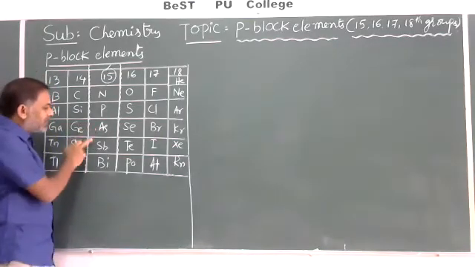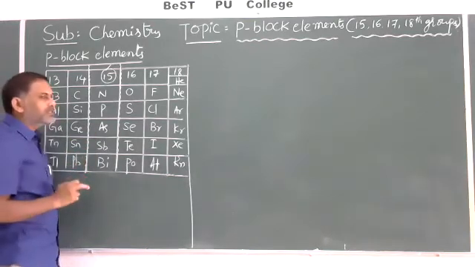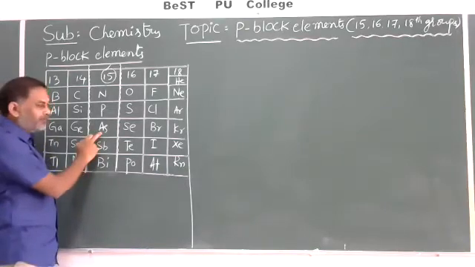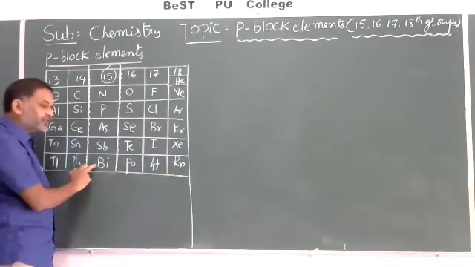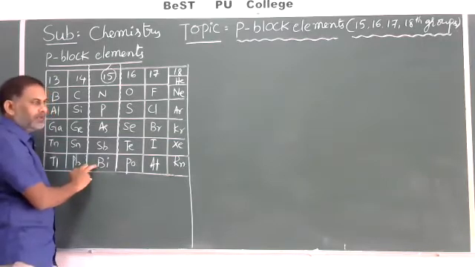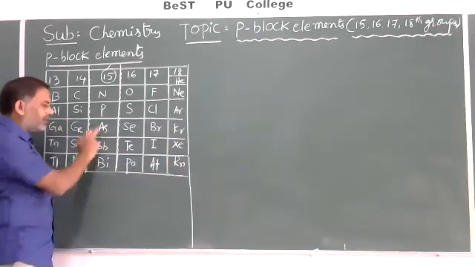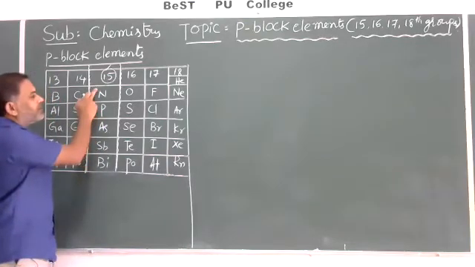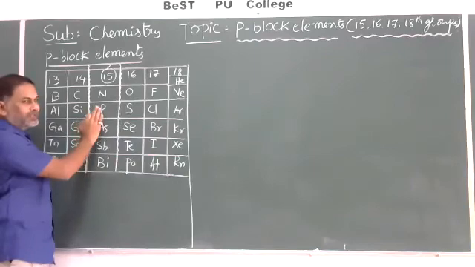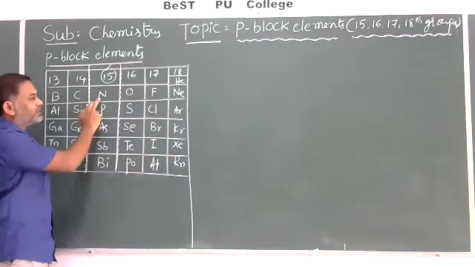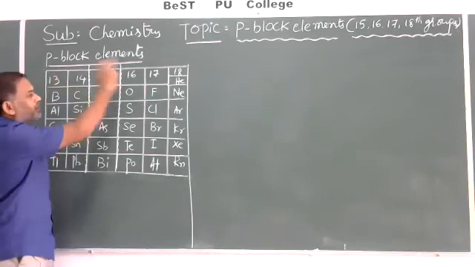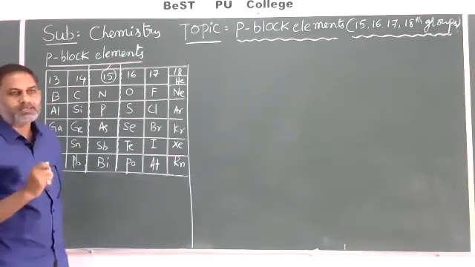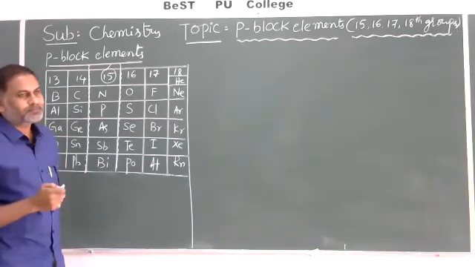Then arsenic, antimony, and bismuth generally exist in the earth crust as their sulfides: arsenious sulfide, stibnite, and bismuth sulfide, their sulfide ores. That is occurrence. Their general electronic configuration was also given in the last class: rare gas ns2 np3. For all P block elements, the general electronic configuration is ns2 np1 to 6.